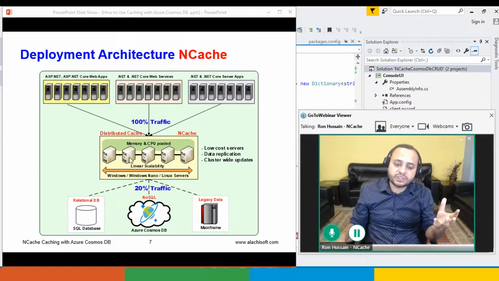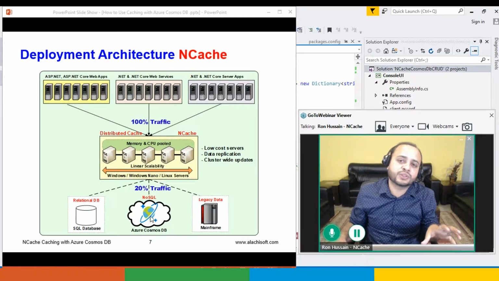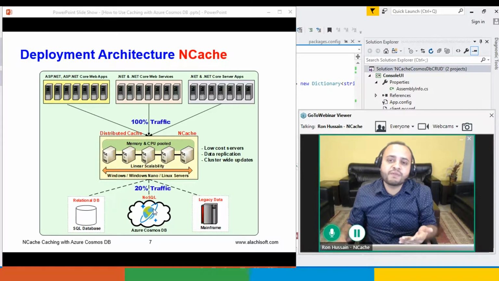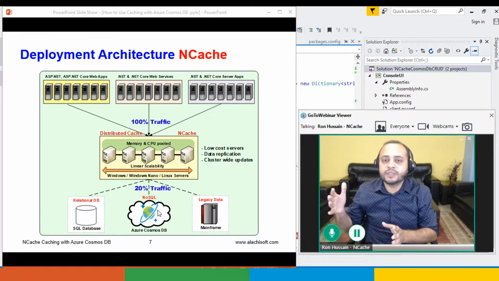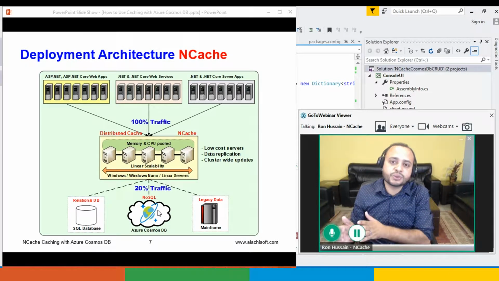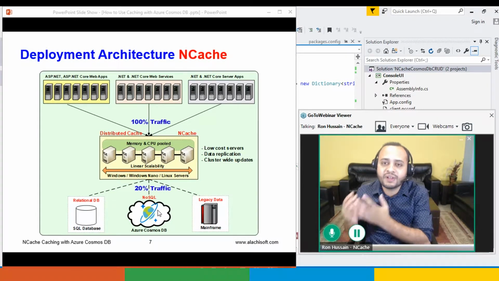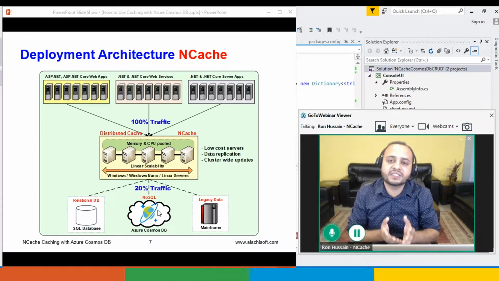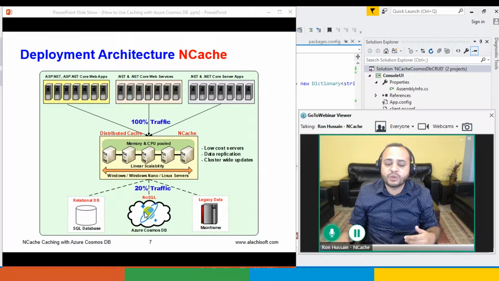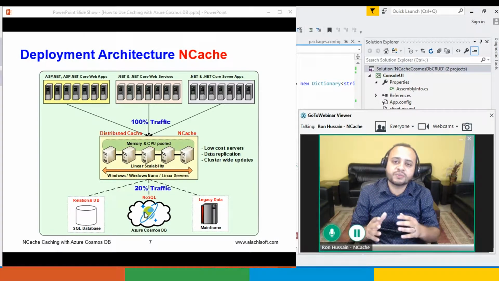In terms of cost units, you can store all of your data. As you can see, 100% traffic can be routed to NCache, and that would in turn save expensive trips to Microsoft Azure Cosmos DB. And as soon as you save trips to Cosmos DB, that would help you in terms of saving cost, because request units would go down. You would have less request unit footprint, and you would have less costs associated with accessing and using Microsoft Azure Cosmos DB in comparison. Only 20% or even less traffic can go to Cosmos DB, and we'll talk about these caching options which would help benefit